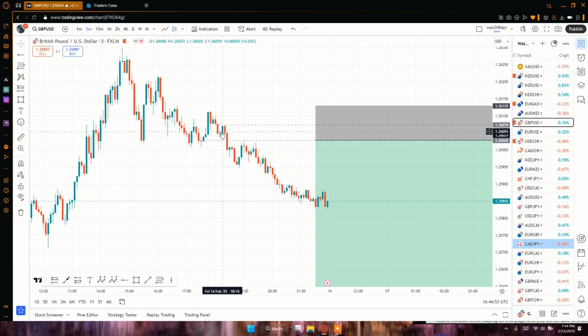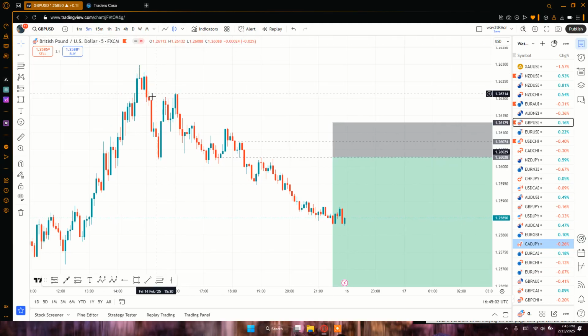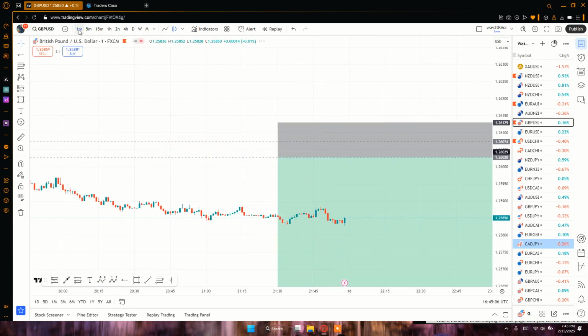We have 1, 2, 3. We have here some type of a very strong support. So I still expect this zone to hold, but we still might have an untapped liquidity around here,